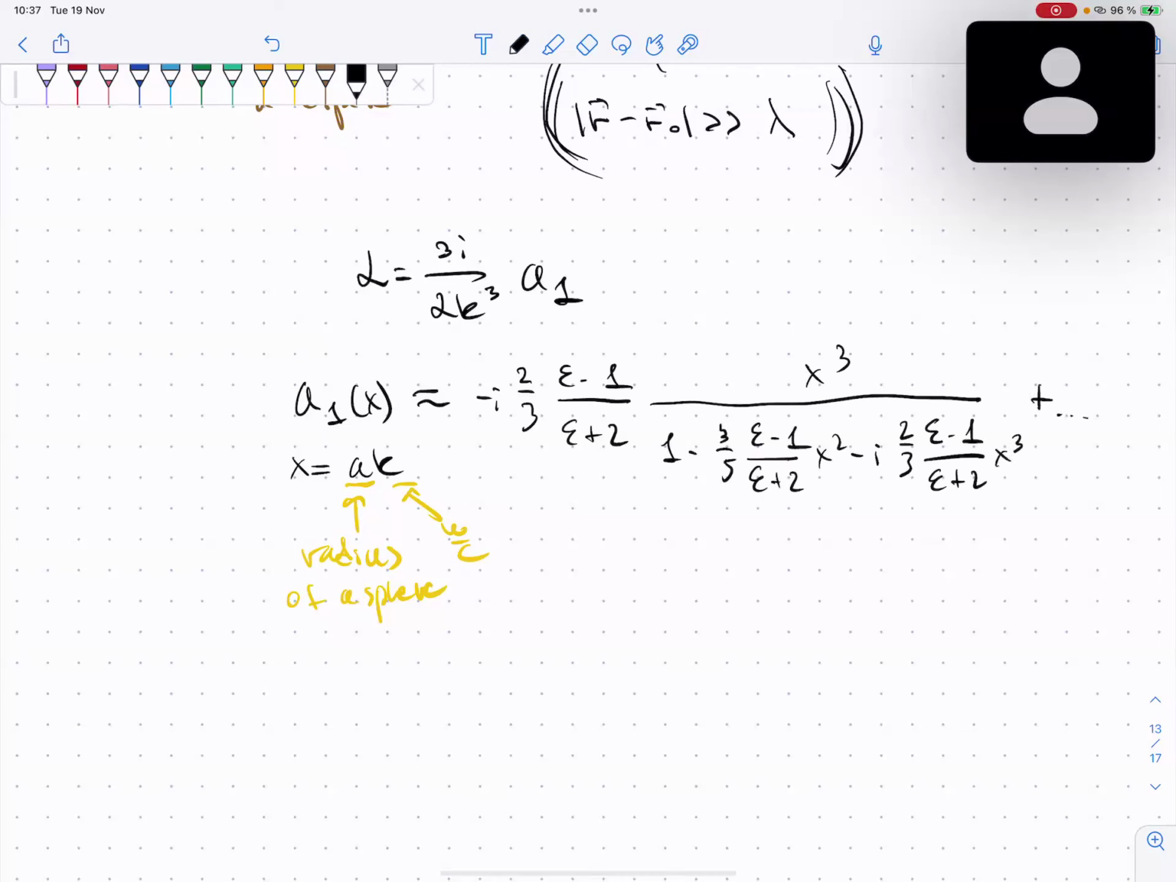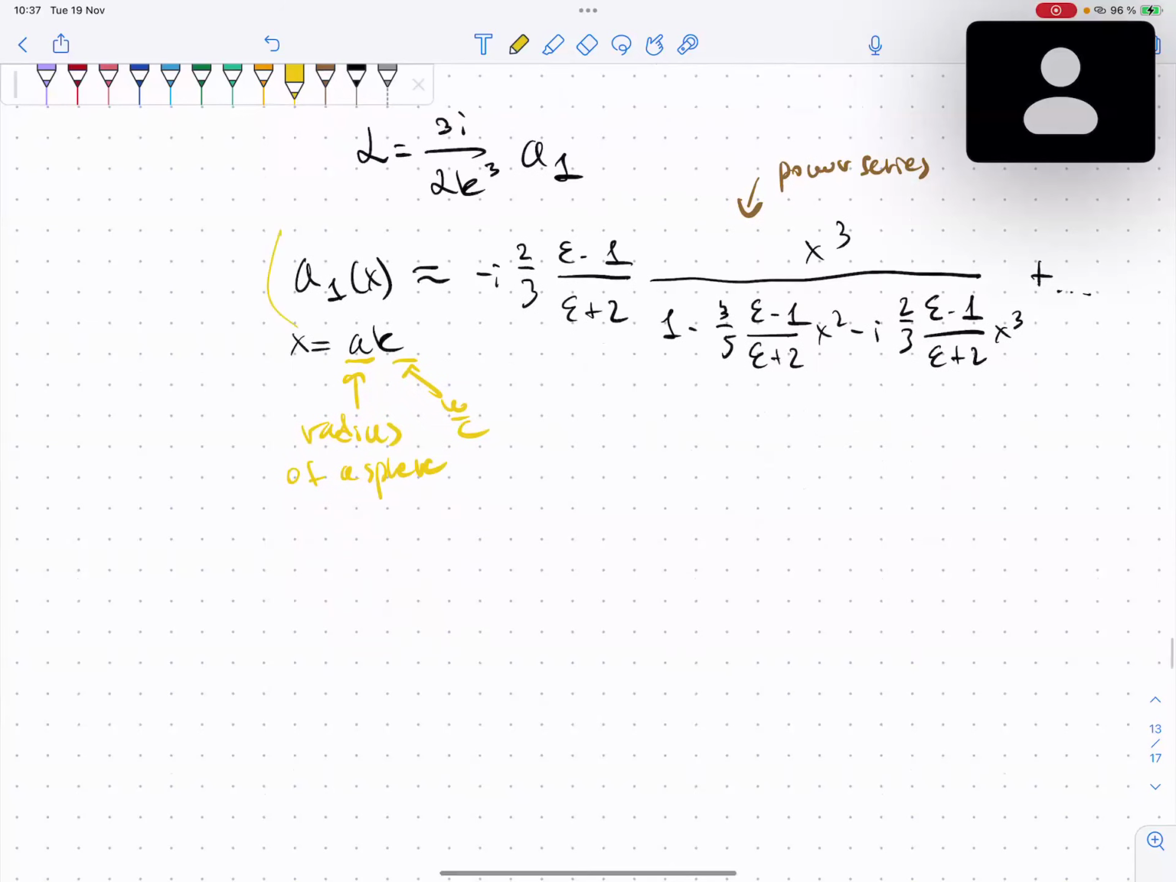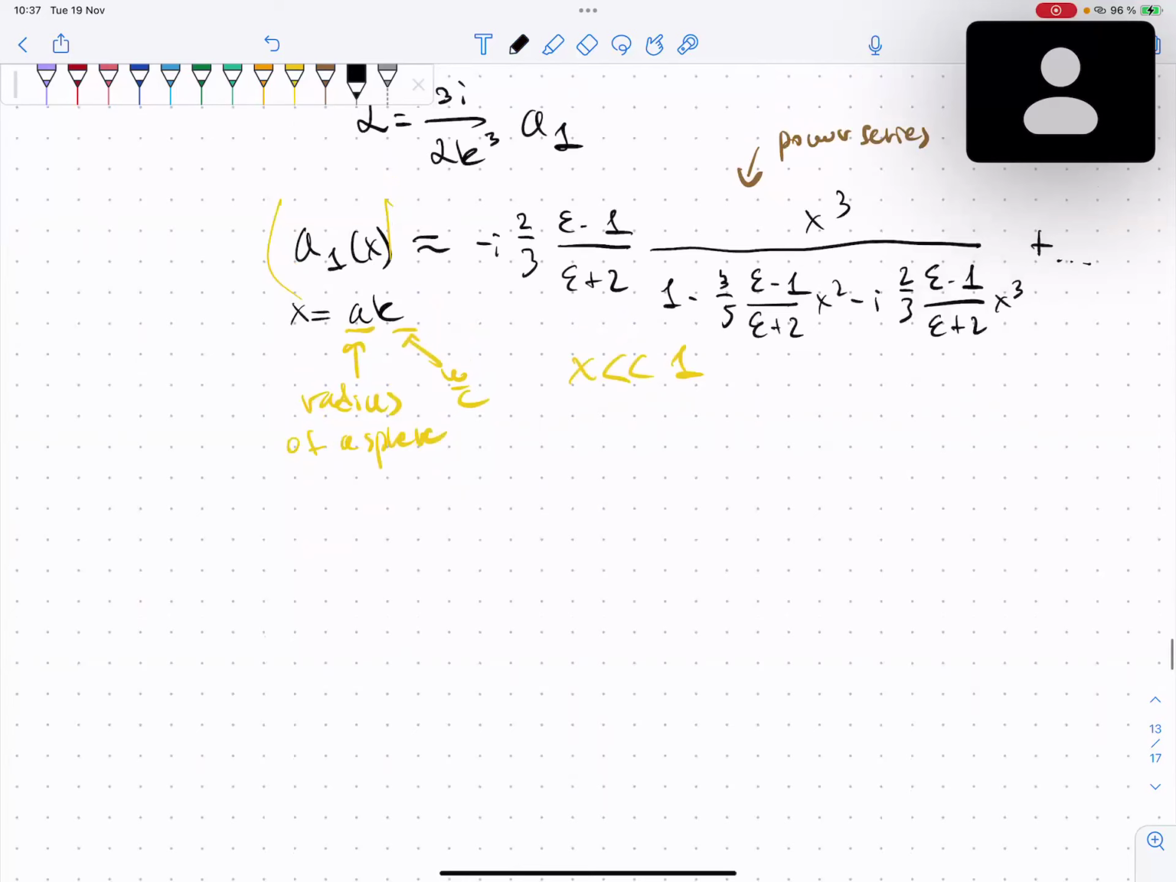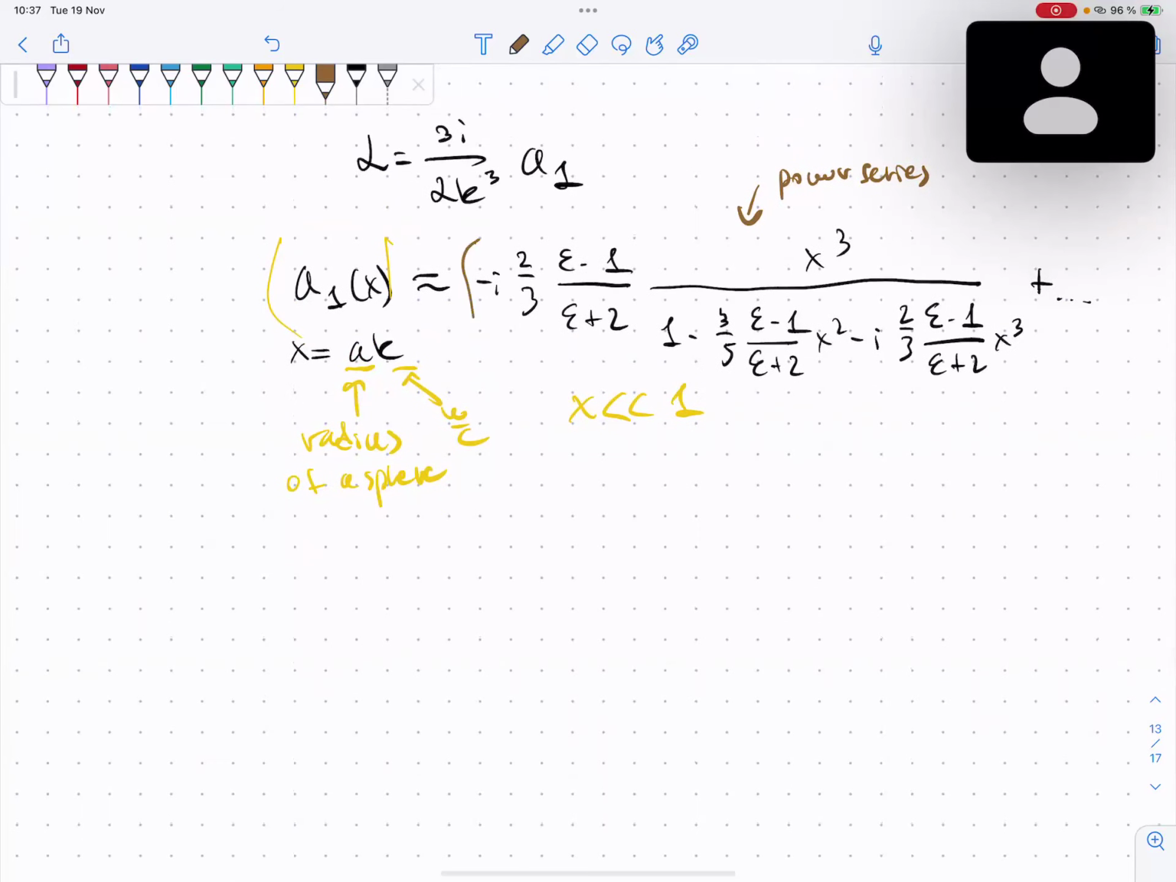X to the third power plus, and so on and so forth. This is basically something like a power series of this expression for x less than 1, which is the Rayleigh regime. And when we substitute this expression here, you'll basically get that alpha equals